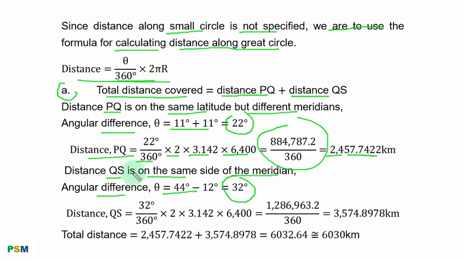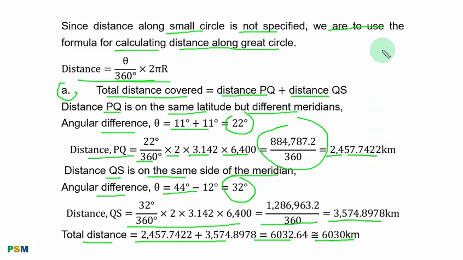You come here and you replace the various parameters with what they stand for. You have it in this form, and that is 3,574.8978 kilometers. Therefore, total distance becomes the addition of the two distances. You have it in this form, and it is approximately equal to